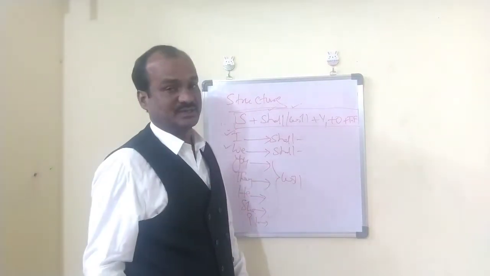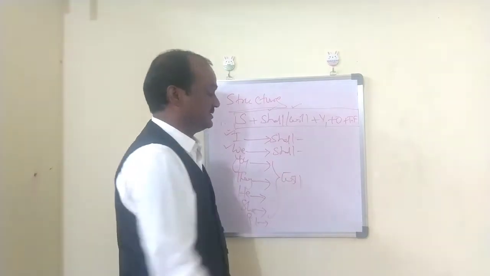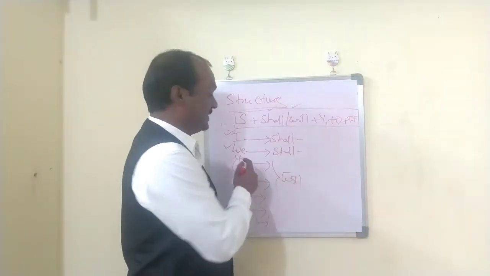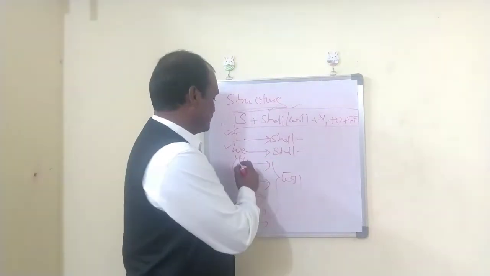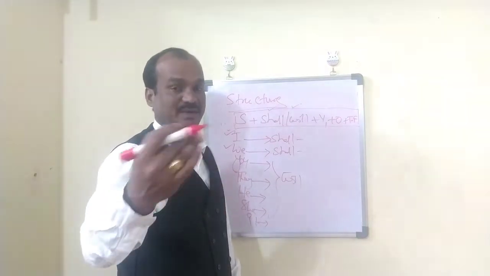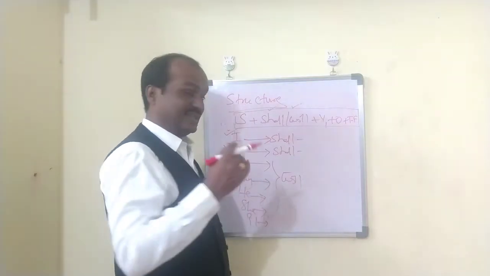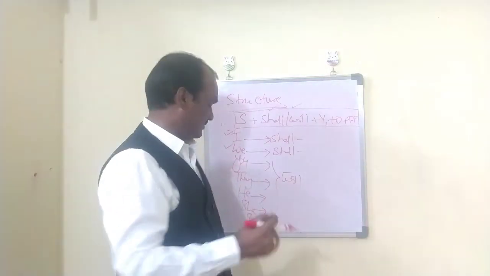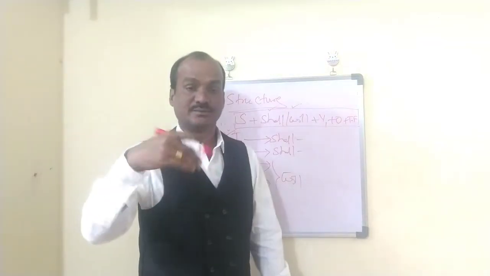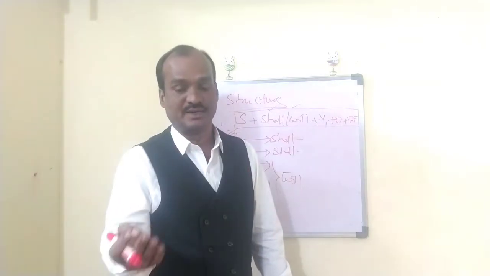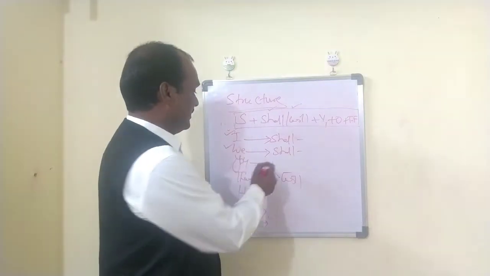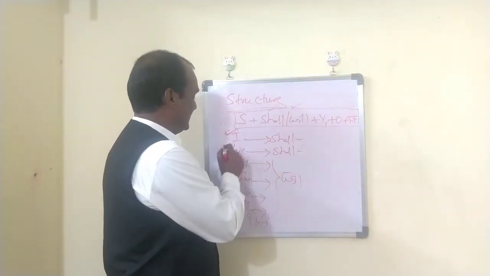So for all the remaining subjects, what is used? Will is used. I shall go to college tomorrow. We shall attend a meeting tomorrow. You will visit the principal of the college tomorrow. They will write an exam tomorrow. He will watch a movie tomorrow. She will watch a movie. It will watch a movie. With all the remaining subjects, will is used, but with first person singular and plural, shall